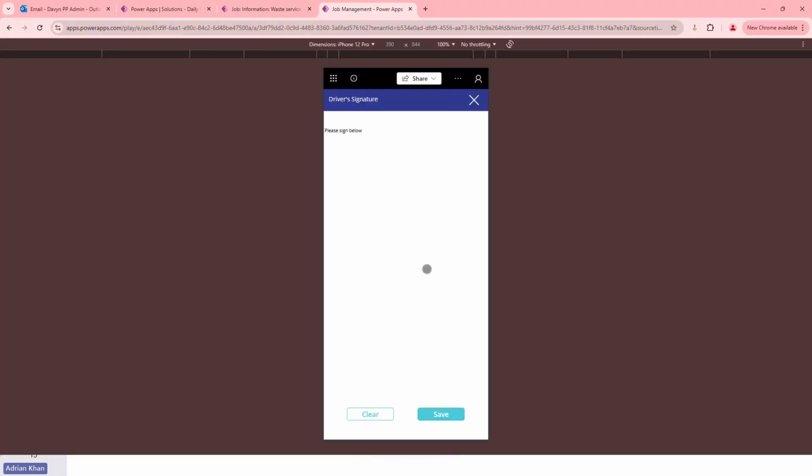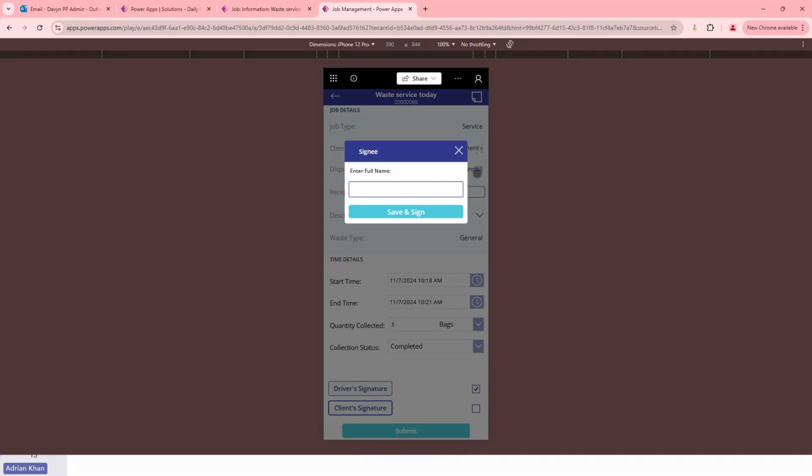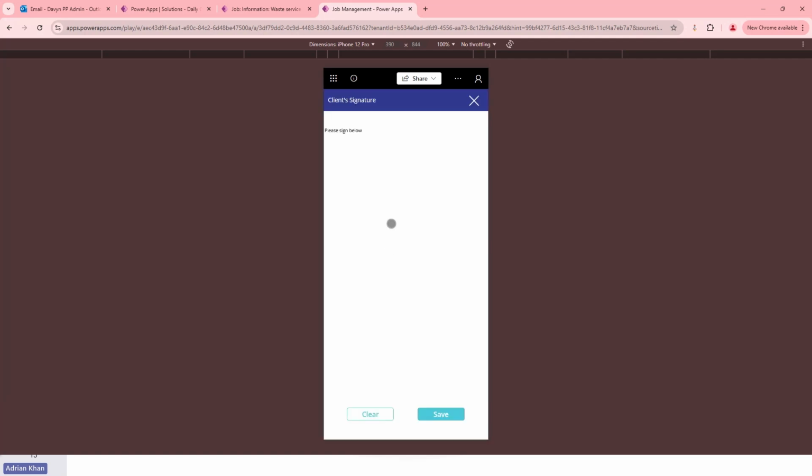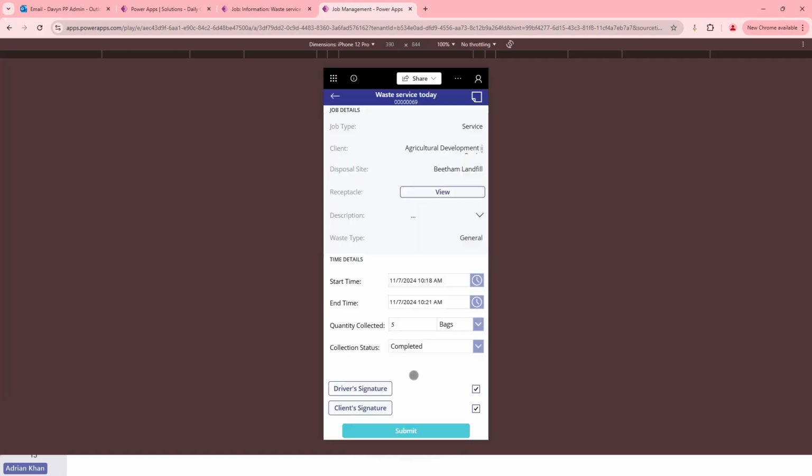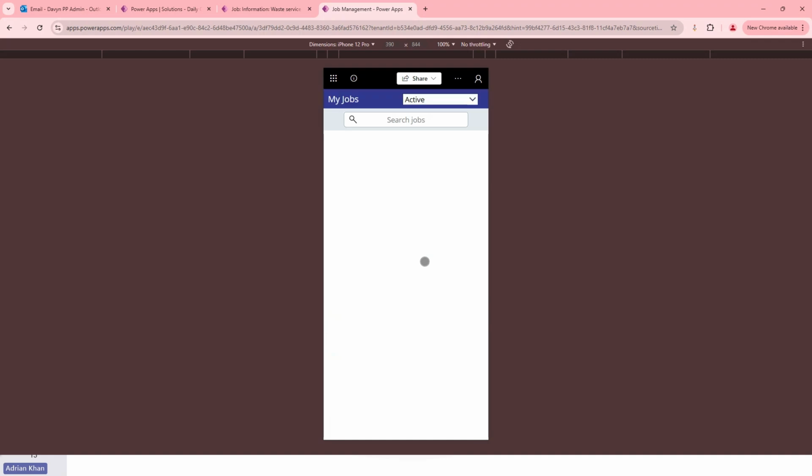And I'll enter driver signature. For the driver's signature, they actually use this with tablets and styluses, so they could sign here. I'll just enter a rough signature, and then they also capture the client signature. At this point, they would give the device over to the client, and the client would enter their name, and then they would do save and sign, and the client would also sign this job form. And at this point, you can go ahead and submit this job, and your part in the process as a field operator would now be complete,